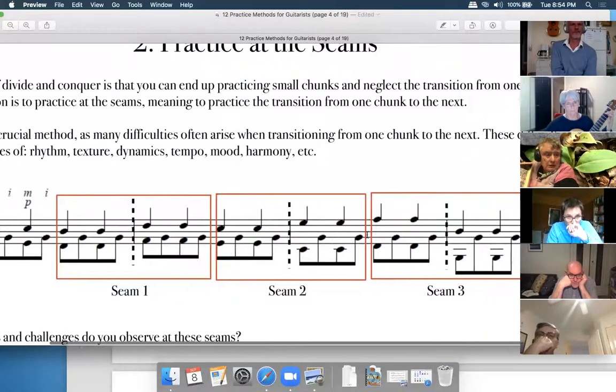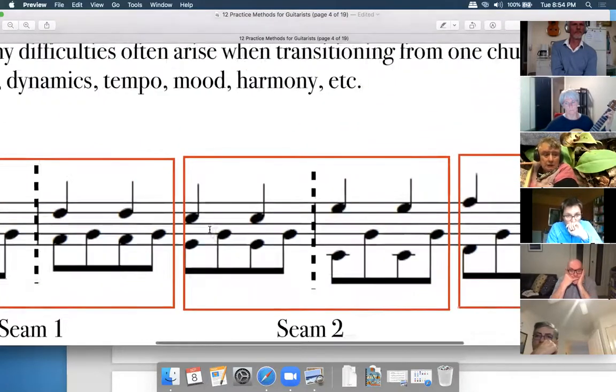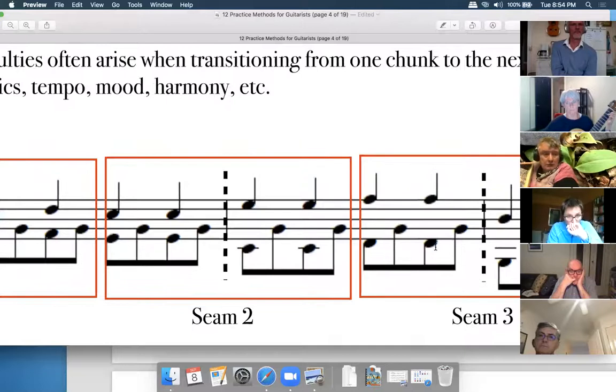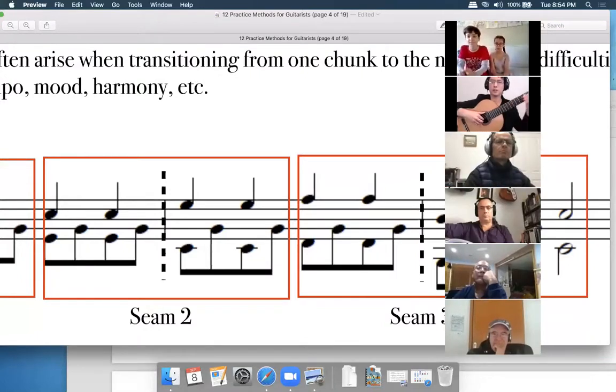So now you can see in seam 2 and seam 3, there's a bit more change happening. The right hand starts to spread out a bit more, and then over in seam 3, the right hand position has to shift down quite a bit. So you're playing on the 4th and 1st strings up here and the 3rd string, and then here the 6th and the 2nd. So the right hand position starts to change a little bit. So if I do seam number 3,